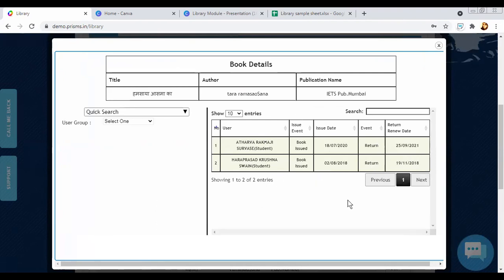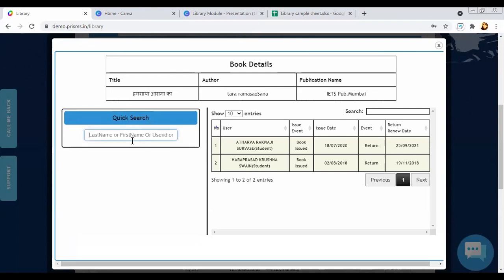We get to know the past history of that book, who it was assigned to before, and at the top, we get to know the book details. And over here you can again issue it to another user. Okay.